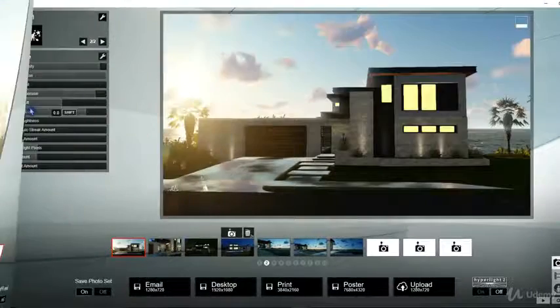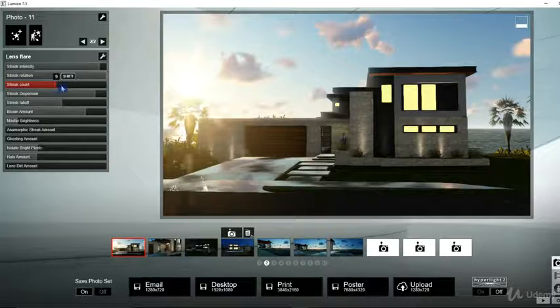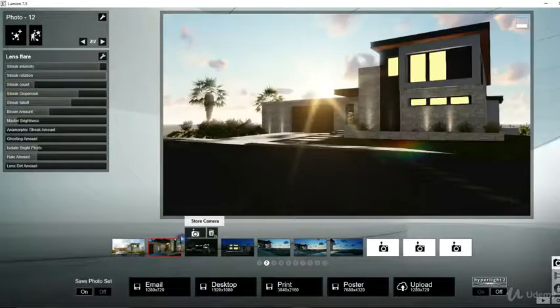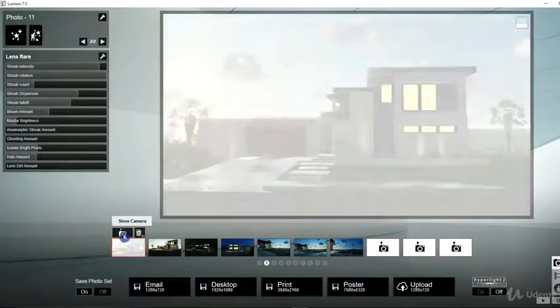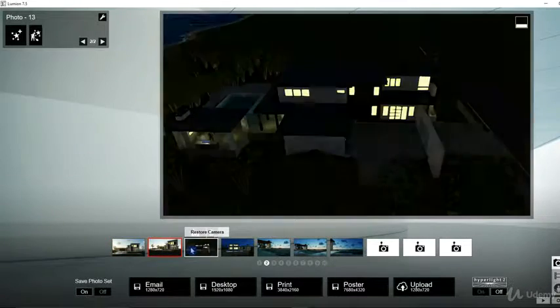Lumion 7.5 is a fantastic program that allows you to create some stunning renderings and animations, and as you will see in this video lesson, it's really easy to use, and we will go over some of the basic steps